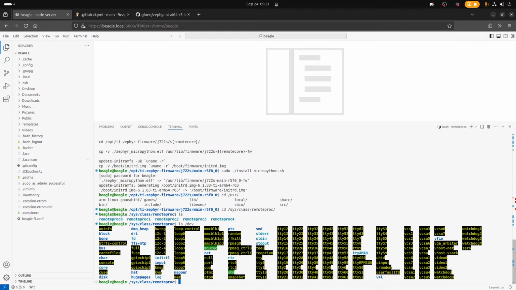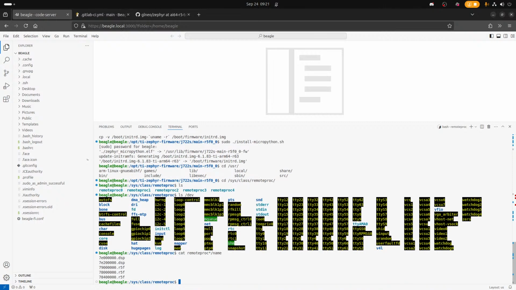Well, so cat remote proc star name. Oh, it's not name. So how do I map these two? I thought there were symlinks.